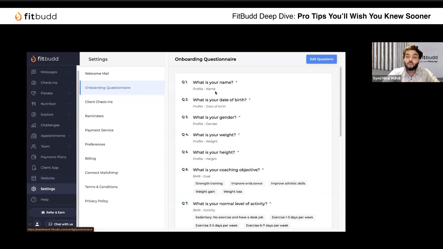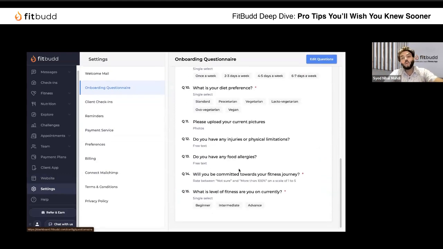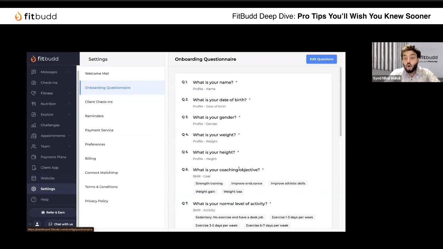This is the onboarding form that your clients will be filling up as soon as they log into the application for the first time. Now, if a paid customer is logging in, they'll receive one question at a time so that they can answer all the questions in the entire session. If a non-paying customer, let's say for a super pro trainer out there who have their own white label application,